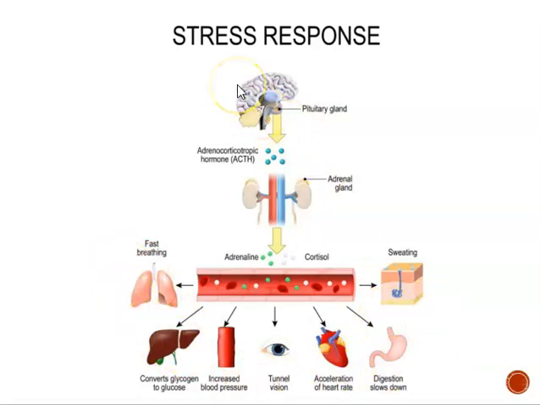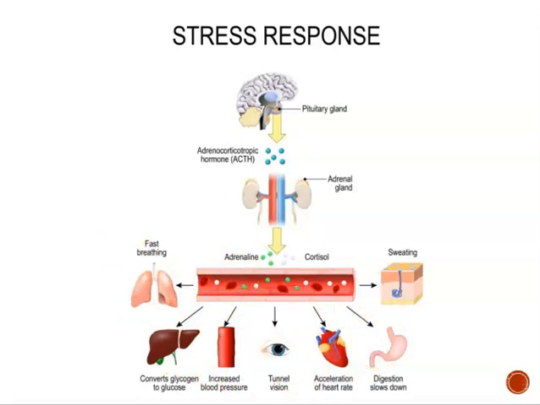Think about when we were learning about the sympathetic autonomic nervous system, when the fight or flight system is activated, what happens is we go on high alert. And so our blood pressure increases, our heart rate increases. So same thing kind of happens with stress. When stress happens, a hormone gets released, which goes into our bloodstream. Cortisol, for example, is that hormone that gets released when we're stressed. Same with adrenaline, and it causes all these symptoms, which we're going to look at.